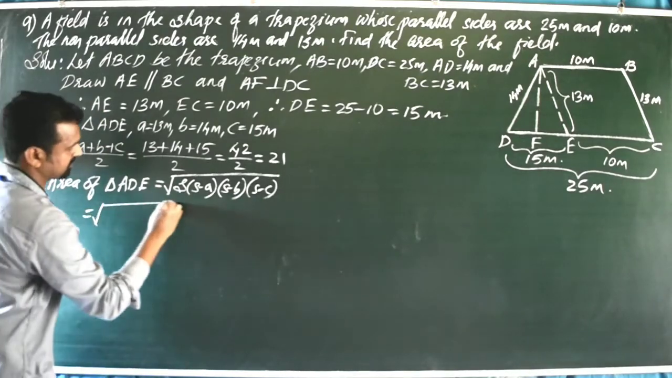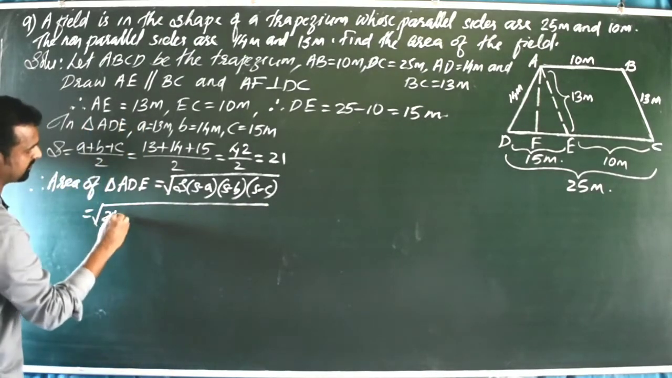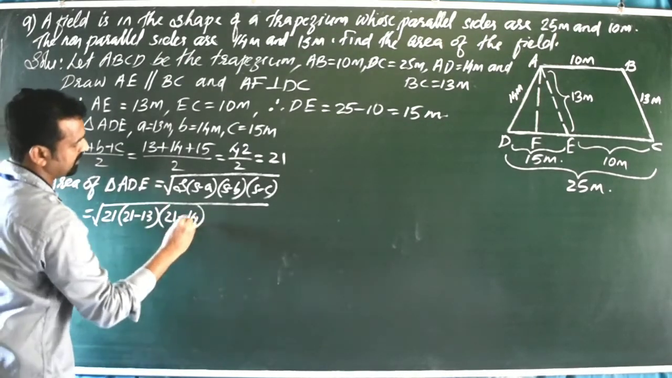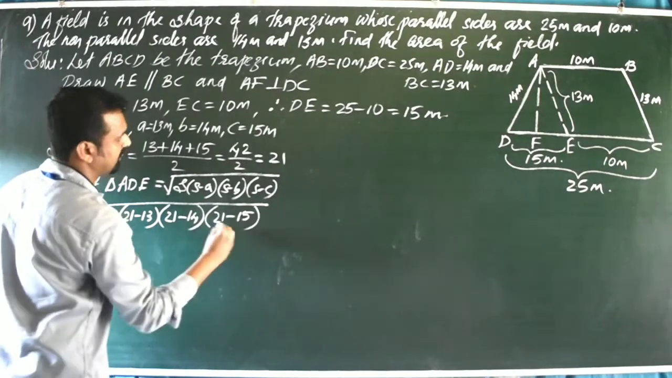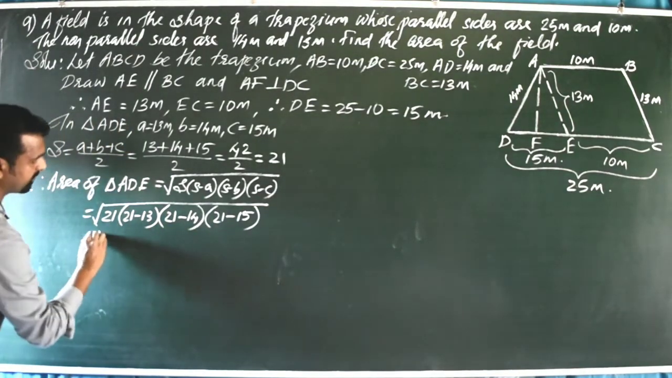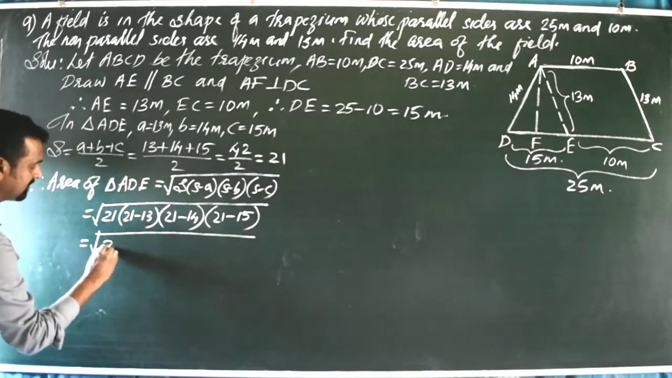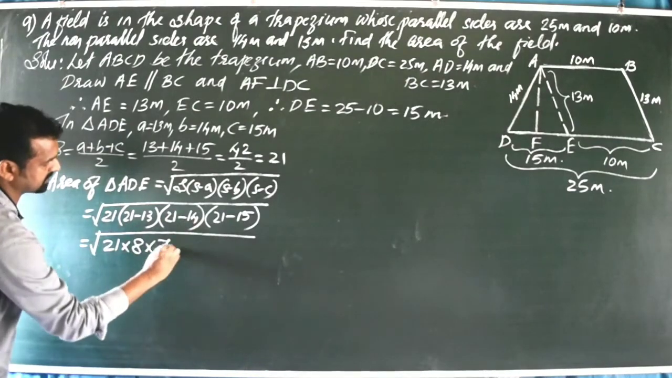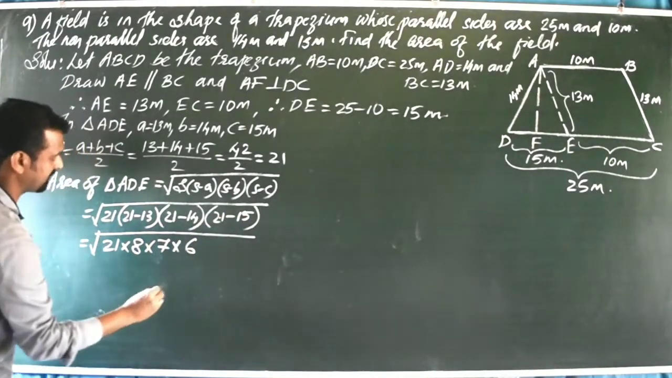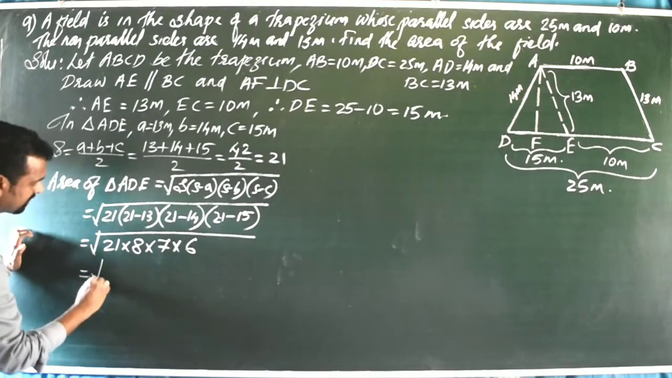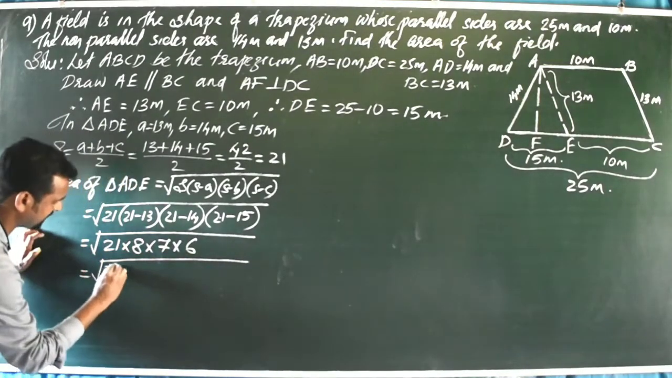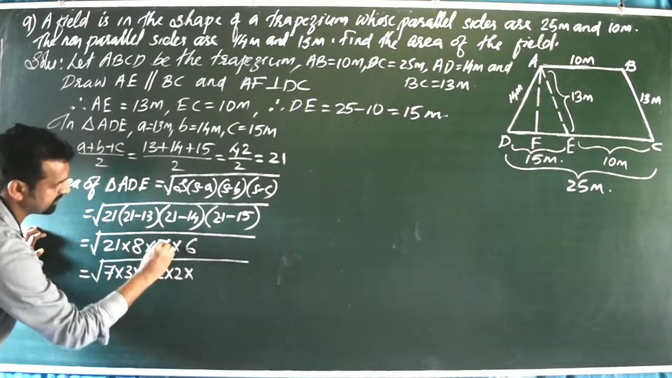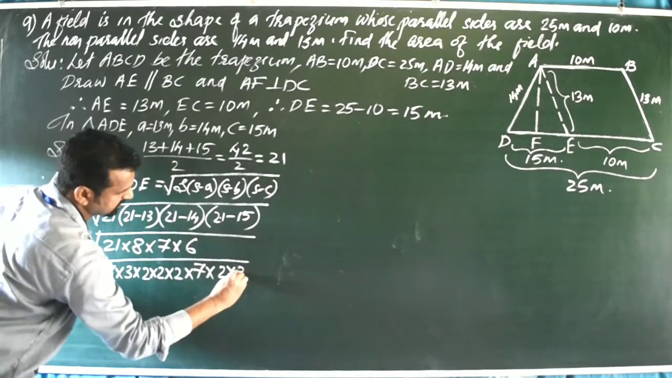substitute value there, square root of S is equal to 21 into 21 minus 13 into 21 minus 14 into 21 minus 15, that is equal to square root of 21 into 21 minus 13, 8 into 21 minus 14, 7 into 21 minus 15, 6, that is equal to square root of 7 3s are 21 into 2 2s are 4, 4 2s are 8 into 7 into 2 3s are 6,